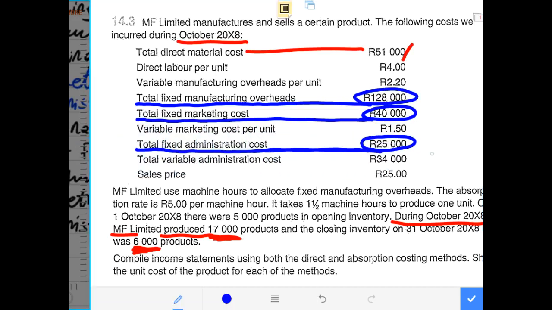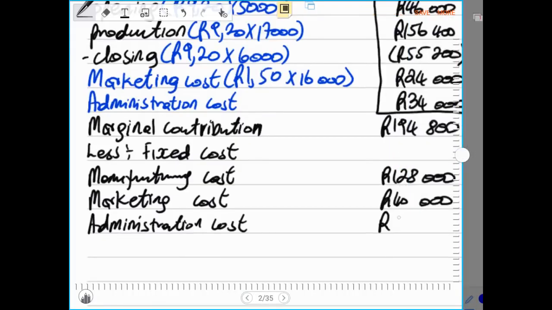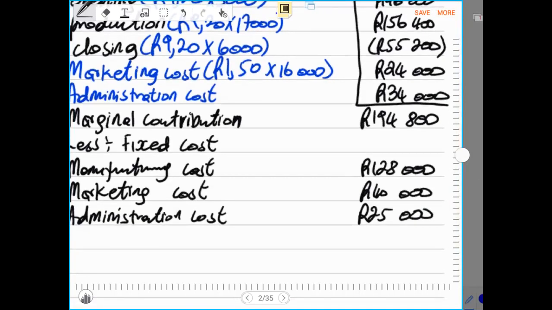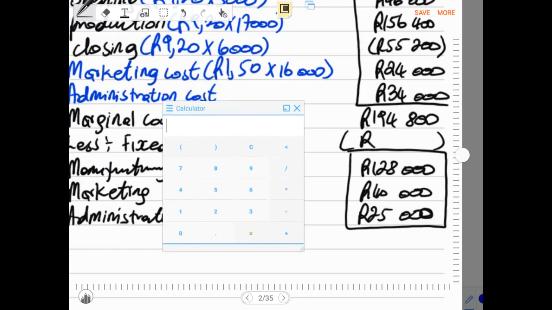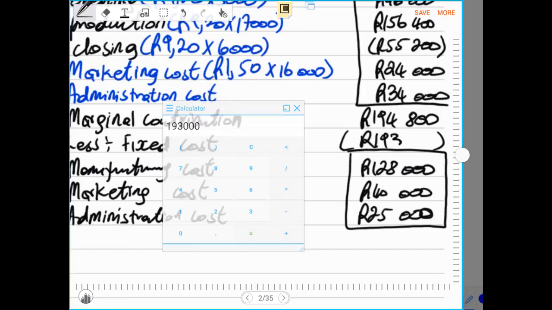Then we record that as 25,000 rands. And we add all the fixed costs, then we subtract that from the contribution margin, and it will give us the gross profit. Then from here we can just add all of them, and you say 128,000 rands plus 40,000 rands plus 25,000 rands, and this will give us 193,000 rands